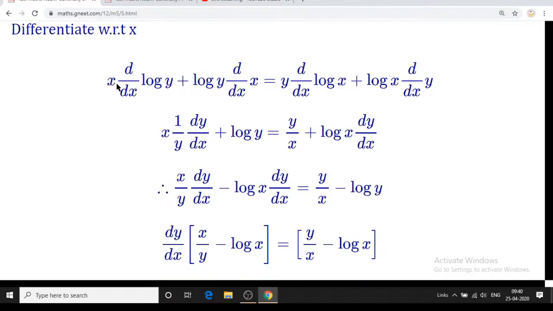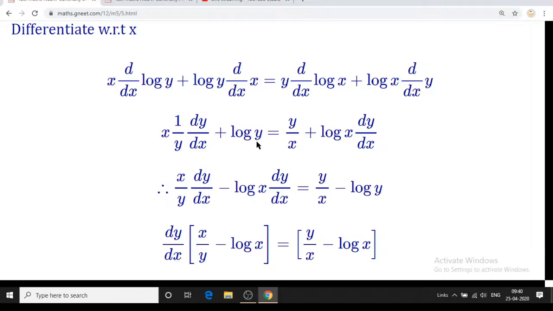Derivative of log y is 1 upon y dy by dx. I just say don't forget this dy by dx. And for this, log y means log of bracket, put a bracket around y, and you will immediately remember the formula: log of bracket is 1 upon bracket times derivative of bracket. So derivative of y is dy by dx. Don't forget this part. The main mistake is always here only, we forget this part.